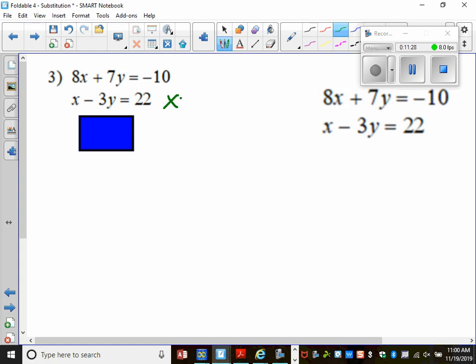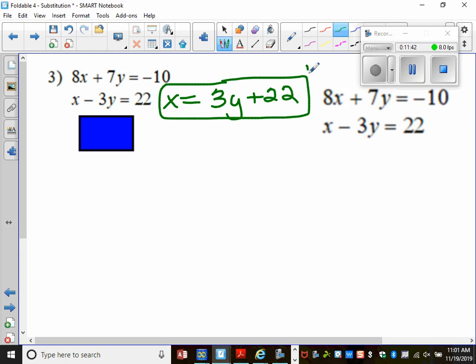So I'm going to solve this one for x. So I'm going to move the negative 3y to the other side, which means I have to add it over. So that'll give me 3y plus 22. All right, so this is my step 1. Okay, so now I'm going to substitute that value for x, or that expression for x,